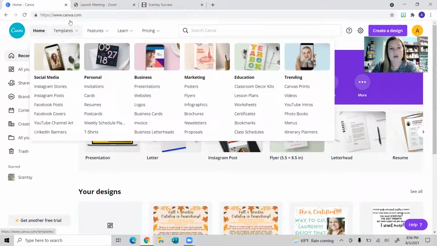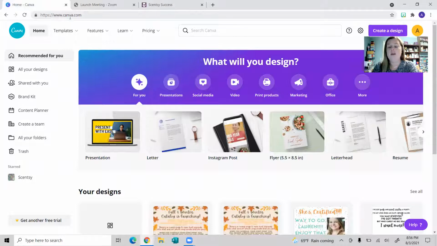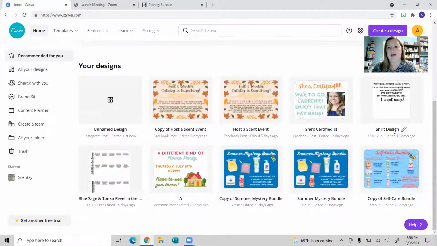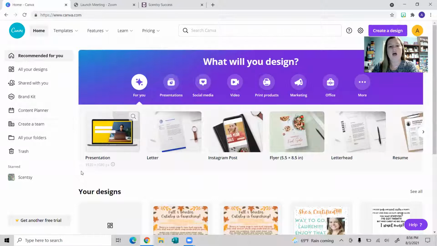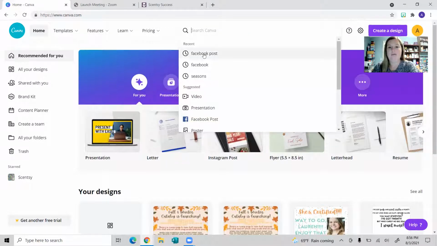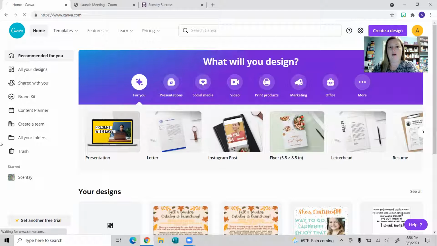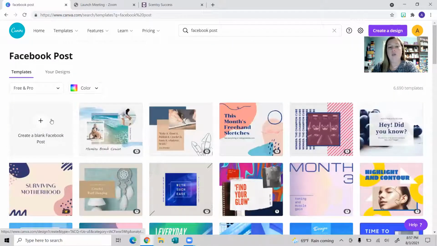So it's just canva.com. You have to set up an account. It stores all of your designs for you. So if you are creating a Facebook post or an Instagram post, whatever kind of post you're creating, you can even create flyers on here. So for example, let's just say that I want to create a Facebook post. You can type it in. It's one of my recent searches, so it's automatically going to pull up